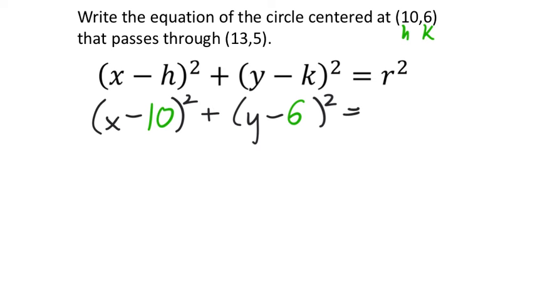Okay, well, we're going to find the radius here, and what I'm going to do is use the distance formula because that will tell me the distance between the center and this point. That will be my radius. I'm sorry, repeat that, please? So the distance between the center, which was given as (10, 6), the radius is the distance between the center and the point that was given. So the radius in this case is the distance